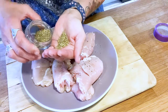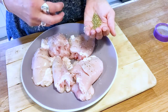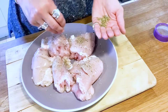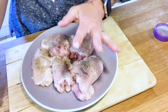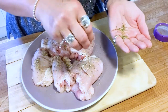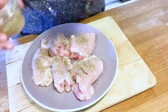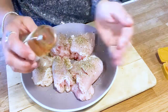This is one of those dishes that the more you cook it, the more confidence you'll get with it, and the more you can play around with some of the flavours. So that's about a teaspoon so far. Let's have a look whether I think that's enough. Yeah, let's have a little bit more. To start with, maybe just do a teaspoon. As I say, if you really love the flavours, the next time you cook it, you can put a little bit more on. Again, with the paprika,